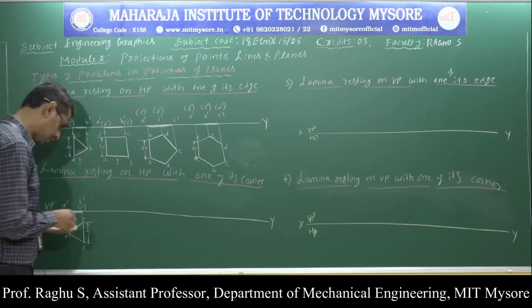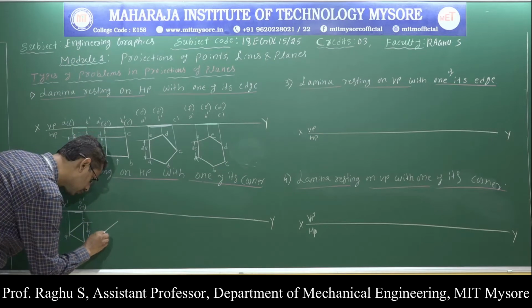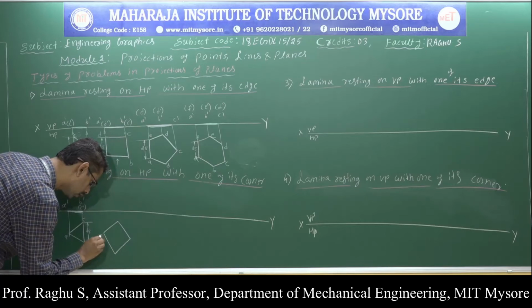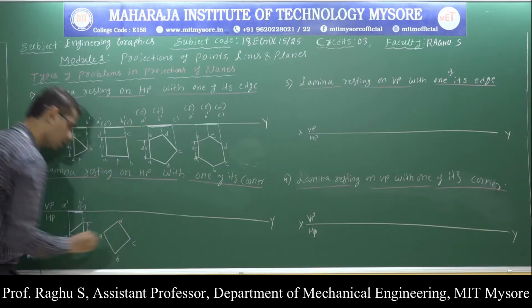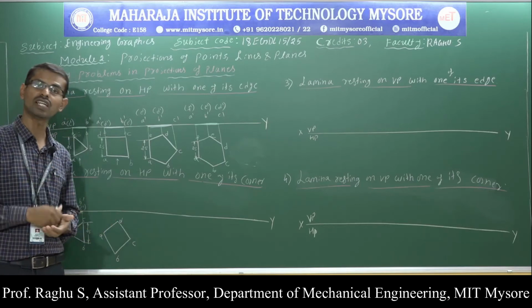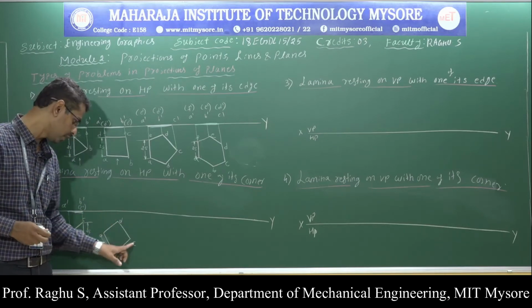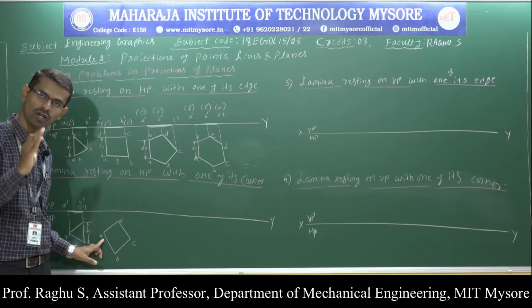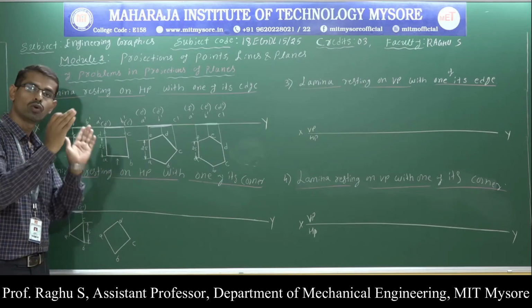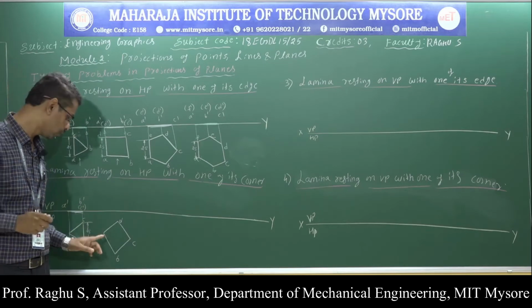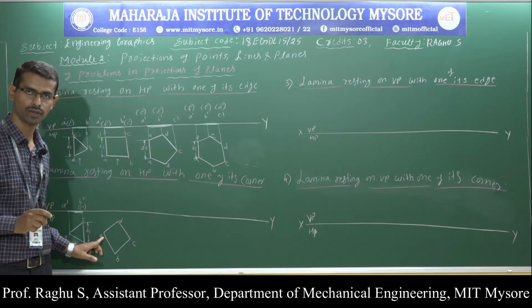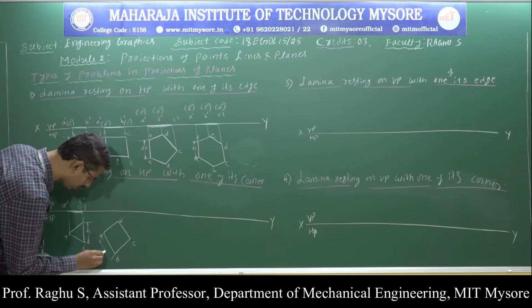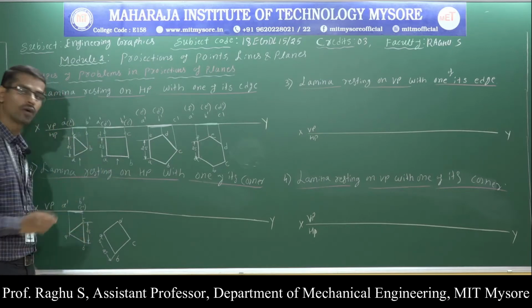Similarly, square lamina. Take the corner condition, A, B, C, D. Out of 4 corners, which one is the resting corner? Point A, point B, point C or point D? Point A is the resting corner because point A is towards the left side. Now we can indicate the dimension, let it be 25. Now I have completed the top view.